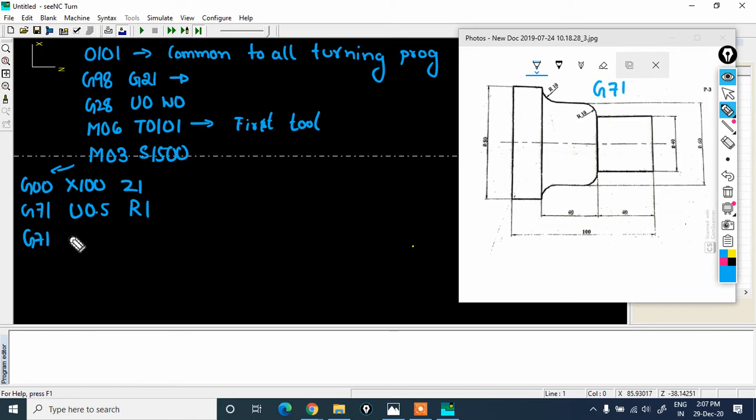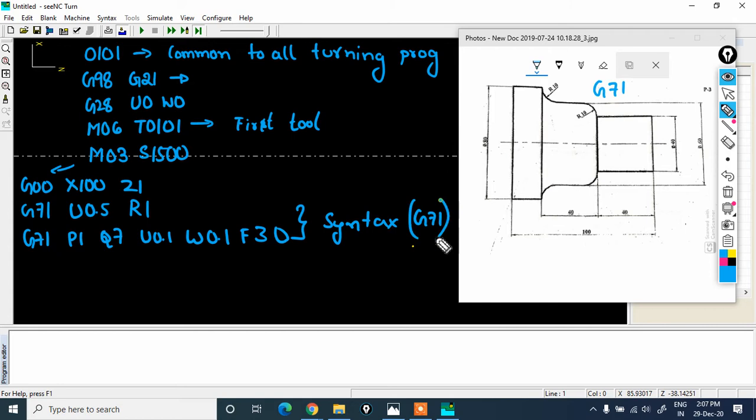G71 P1 Q7 U.1 W.1 F30. So now you need to understand, these two lines are the syntax used in the G71 cycle. Okay, so for all it will be the same.